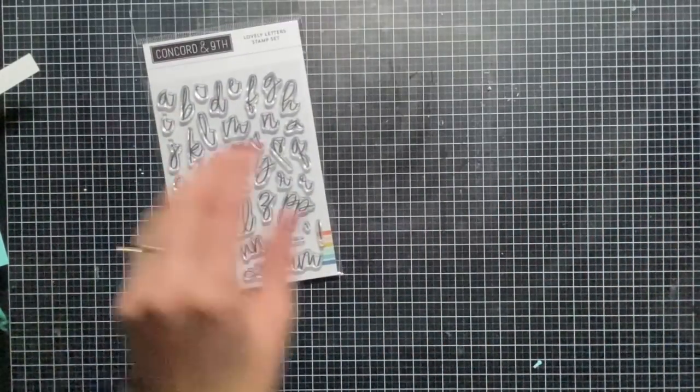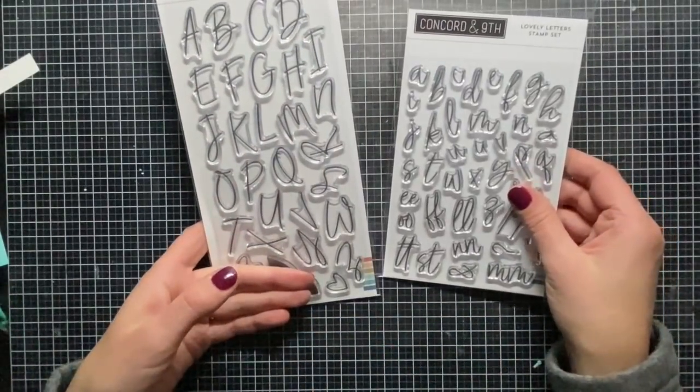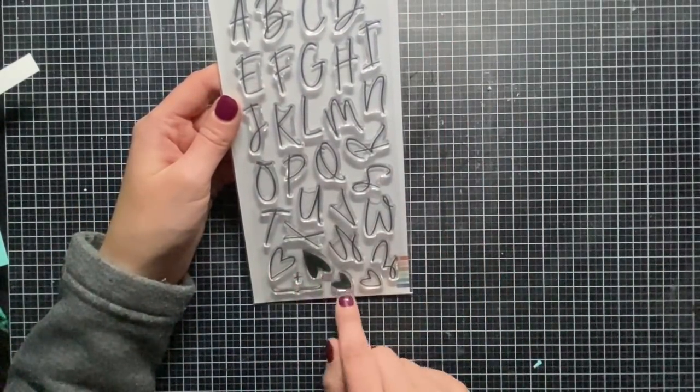when you're stamping. There's the Lovely Letters Uppercase, so it pairs really well with the lowercase and the uppercase together. And this one here also has all the uppercase letters as well as a plus and some little hearts there